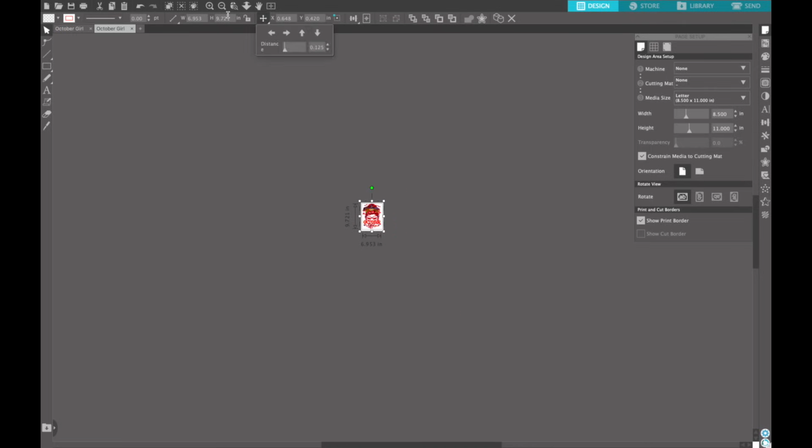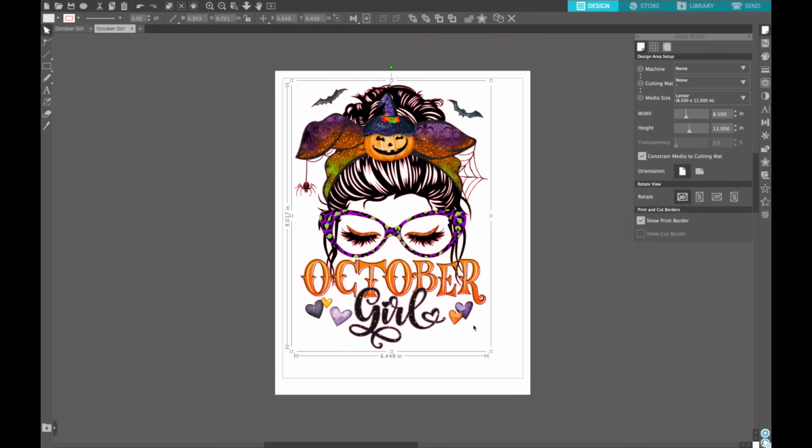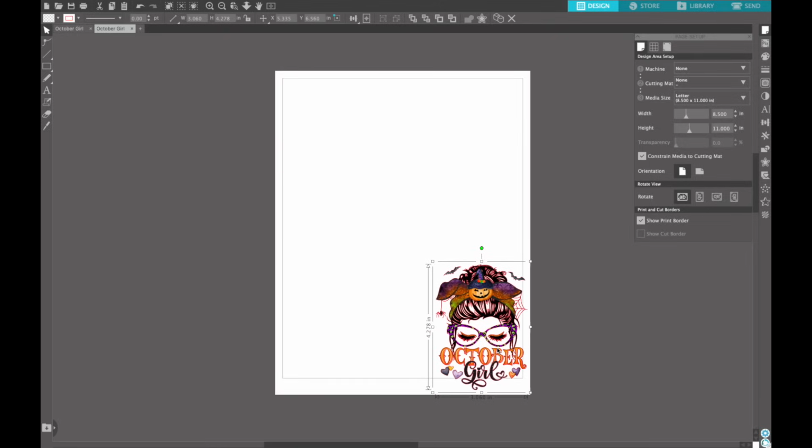Now I'm going to zoom back in. What you can do is just hit this button and it'll take you right back there instead of having to hit the plus zoom button over and over. I'm going to make this even smaller because this is going to be going on a mug. So I'm just going to put this to the side, and now what I'm going to do is grab a